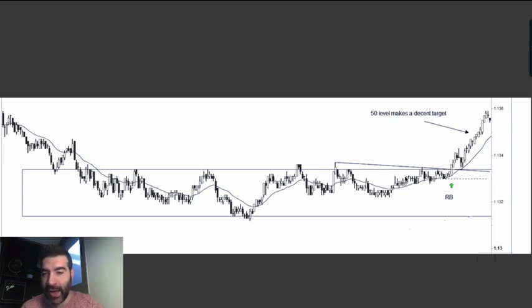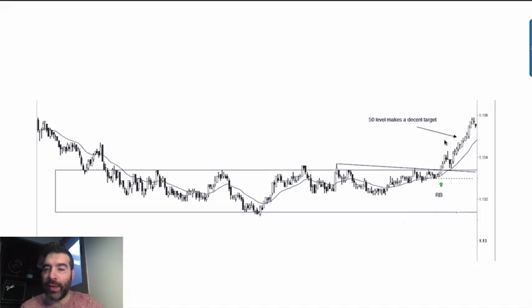And you could even say at this point right here is a good point to get out. We could talk about that. Then a little bit of a fake out because it just went up. And I'm not saying that's the wrong way to go, but it wasn't really close to the EMA, and then it came back down, and now again the EMA, the moving average, is pushing it out. Give me that little flag and it goes out, and you target the 50. Okay, so that's a range break.